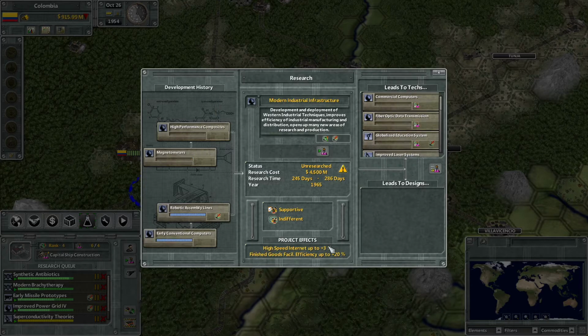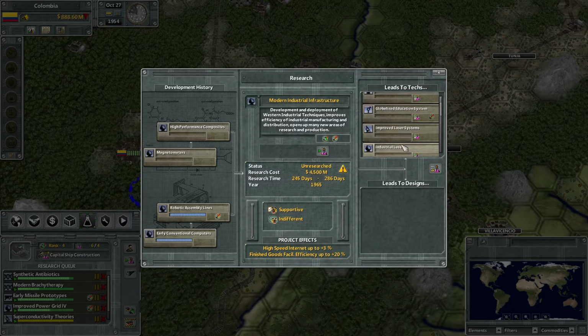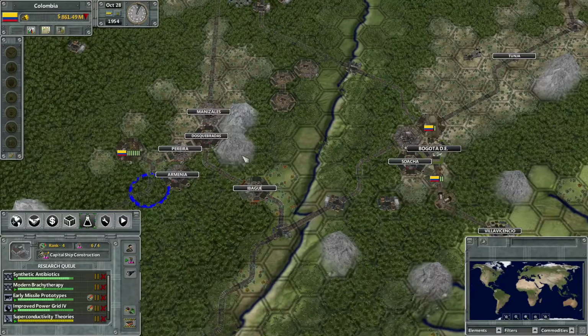Because this will get us the high-speed internet a little bit, not to mention finished goods facility efficiency up by 20%. They will be producing even more. Yeah, that is actually a good idea to do first. And it's a lot cheaper as well, so we can kind of...